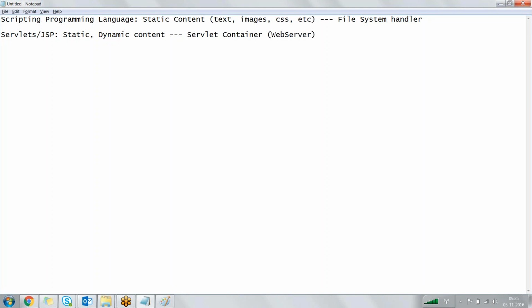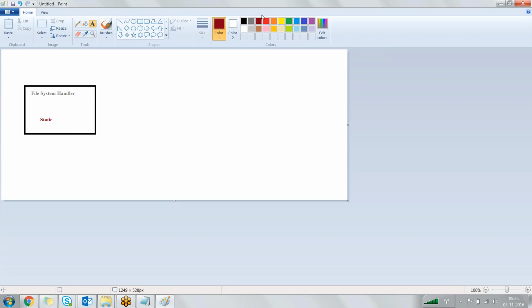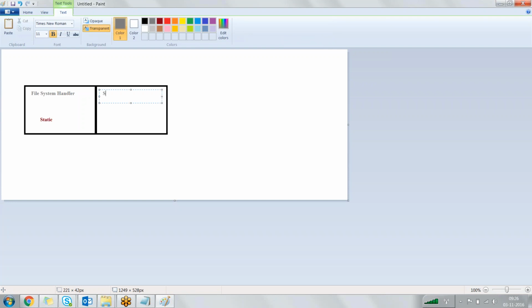and if you try to see what exactly is there inside it, you'll be surprised to see that it has two layers inside it. The first one was called the file system handler, which was responsible to take care of anything and everything related to the static content.